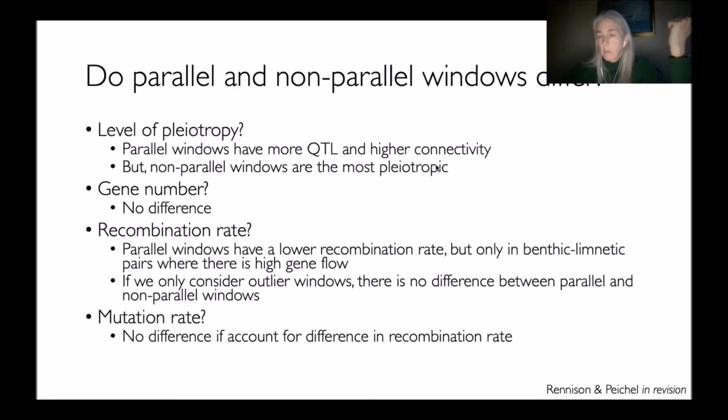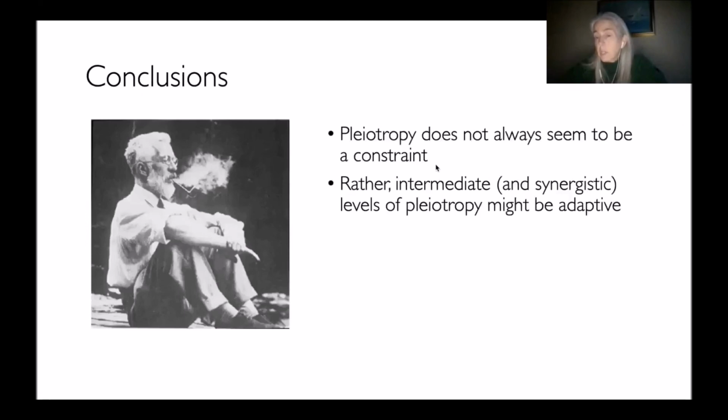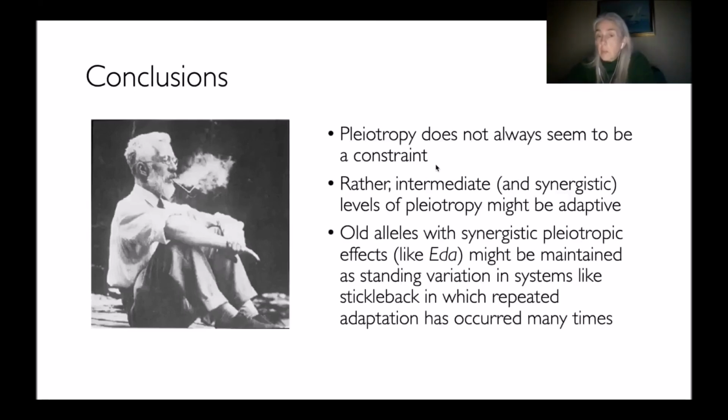So really, our explanation is that these parallel windows seem to have a higher amount of pleiotropy and therefore seem to be contributing to adaptation more often. To conclude, pleiotropy does not always seem to be a constraint, and rather these intermediate levels of pleiotropy, especially pleiotropy that's synergistic, having effects that take you in the same direction, might actually be adaptive. And to tie this back to the first part of the talk, these old